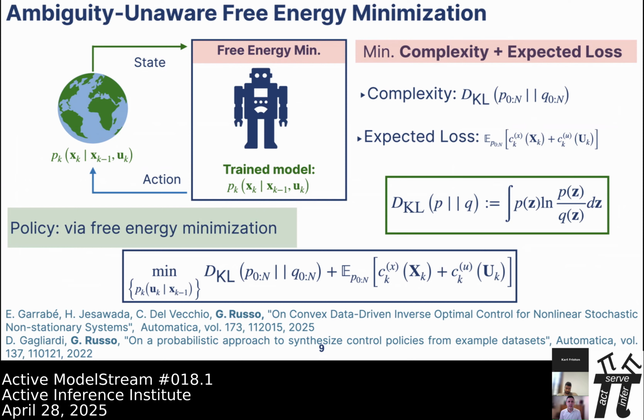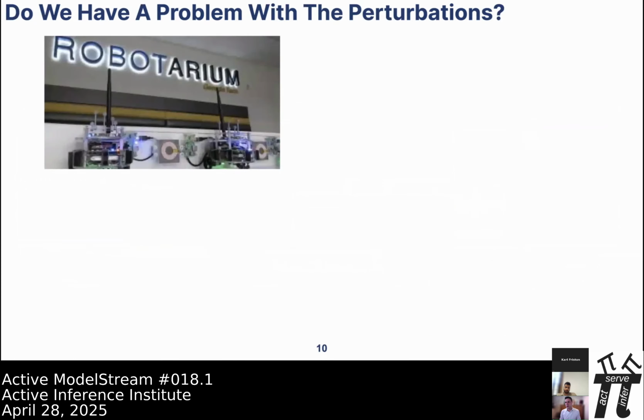The good news is that we know how to solve these control problems when the trained model is the same as the world model, where you see in green here in the slide, we have PK being the trained model and being exactly the same as the world model. So we know how to solve these optimal control problems in a number of very recent papers that we got published. And as a matter of fact, we know how to compute policies in this setup.